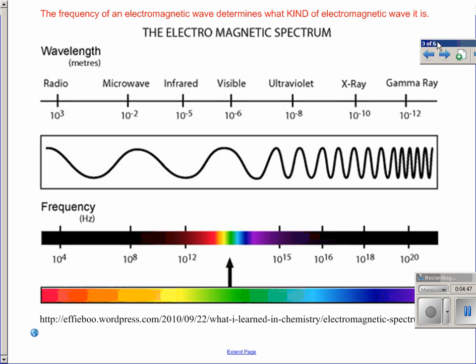And so it turns out that we have what's called the electromagnetic spectrum. All right. And the spectrum here is set up so that it goes from small frequencies to big frequencies, which means that this end of the spectrum has big wavelengths and this end of the spectrum has small wavelengths. Okay, so